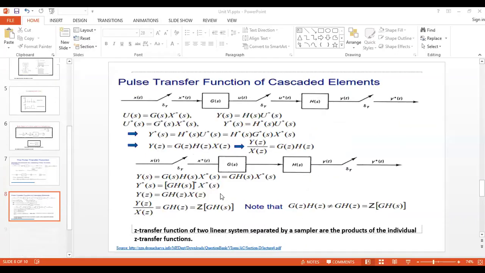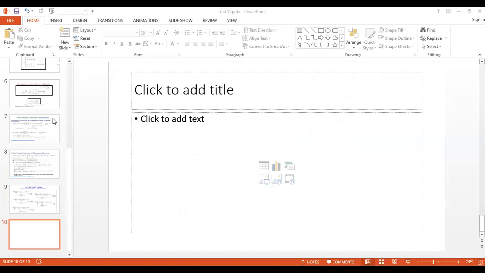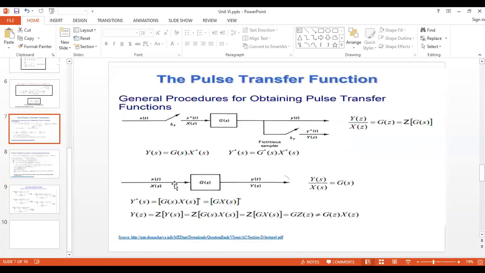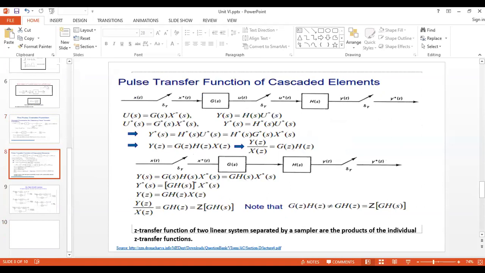Yeah, we were here. Let me share it once again with you. So this is what was done earlier, and now these properties will be very clear to all of you.